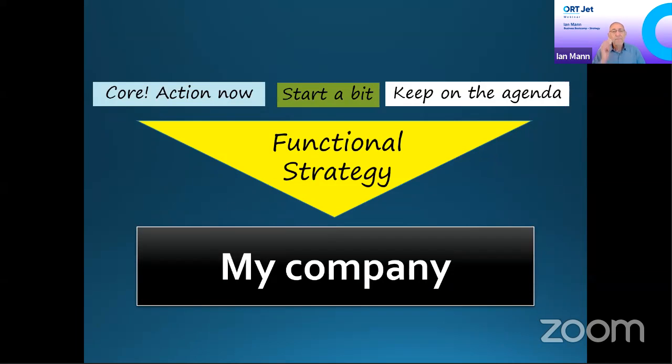At the same time, you need to focus on your core actions right now. What core actions do you need to take immediately? Because you can't stop this. You have to make money in order for you to fund the other things you want to do anyway. And then there are things which you need to start a bit. Let me tell you what I mean by start a bit. There are things that you should start today,